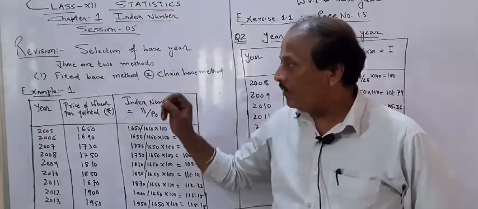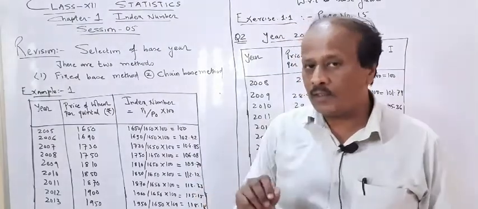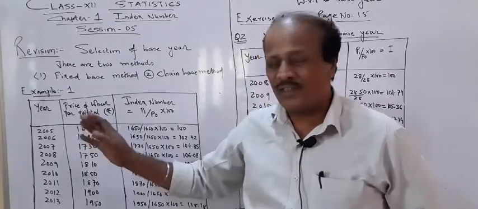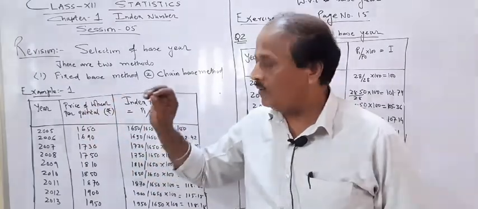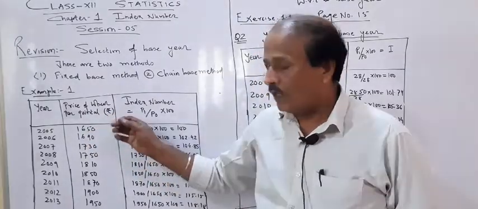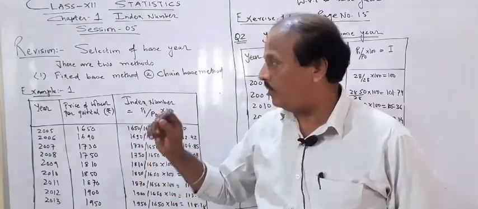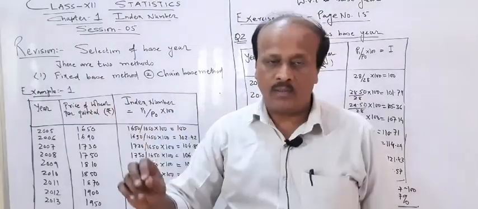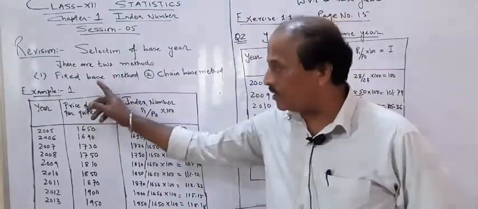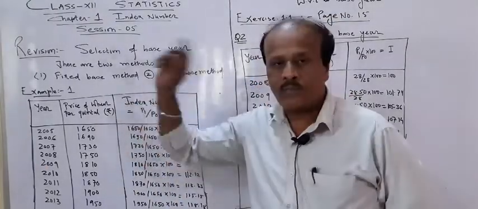So first of all, one question to support the fixed base method, and be ready with your calculators also. A lot of calculations are involved, and it is a regular question in the board exam. The questions are very simple. You use the calculator, and I am going to calculate up to a certain part, but you check with your calculator. First, to tell you how to calculate the index number with this method, I am going to do one example and then one question from the exercise.